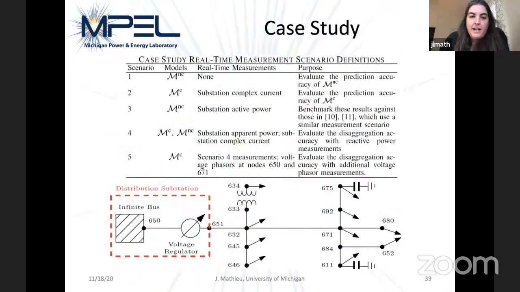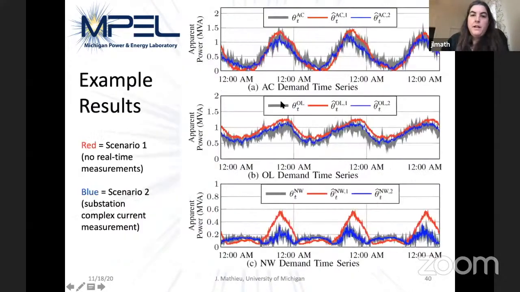So in any case, I'll skip through the nitty gritties there because it's mostly just a lot of manipulating power flow equations, and talk about the case study we did here, where we compare a variety of different measurements we might have from the system through a variety of different case scenarios, so that we can investigate the value of including these additional measurements, which measurements are more valuable than others, and at what resolution in terms of time sampling. And so we assume we have a network that looks like this. The substation has the substation measurement, but then there are different points in the network that have other measurements as well.